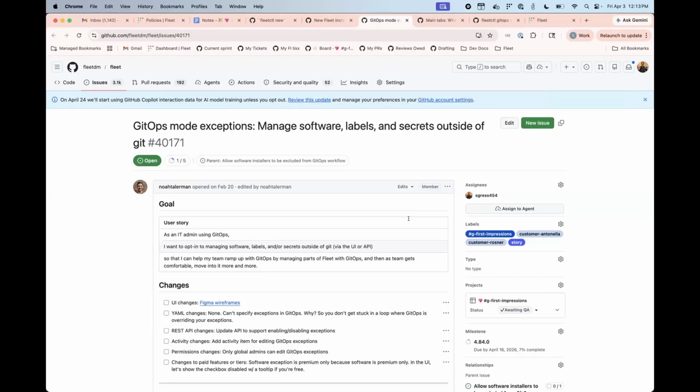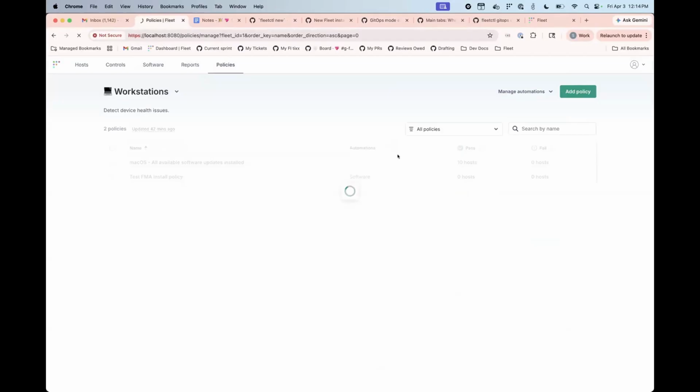So the background for this is, as we've discussed, I feel like on these calls before, when you're using GitOps, the best practice is that your configuration files are your source of truth, and you can determine the state of your Fleet instance just by looking at those files, and all your configuration can live in those files. But this does present some friction for migrations, for new customers that, as part of the First Impressions group, we're trying to overcome. So what this looks like in practice is that, first of all, if you